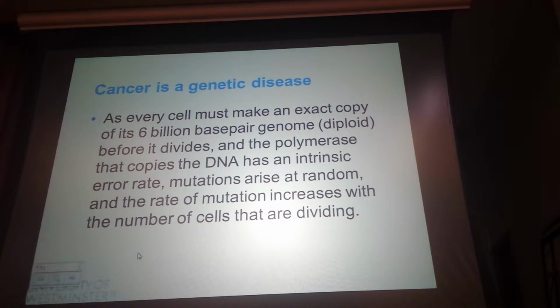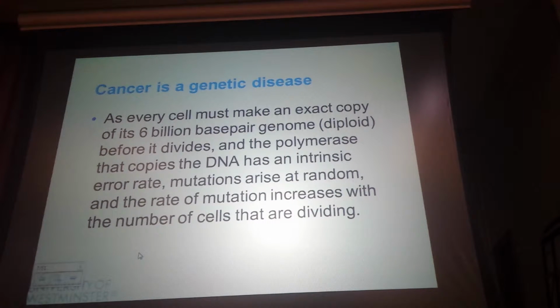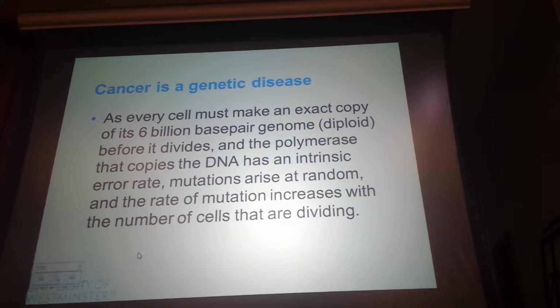As every cell must make an exact copy of its 6 billion base pair genome, which is the size of the diploid cells, before it divides, and the polymerase that copies the DNA has an intrinsic error rate, mutations arise at random, and the rate of mutation increases with the number of cells that are dividing. So you understand that cancer is an uncontrolled growth, so the cells keep dividing. There is no signal to tell the cells, when there's a certain type of mutation, that you have to stop and repair the mutation, and then you can start to divide. In cancer, this control is lost, so the cells keep growing,